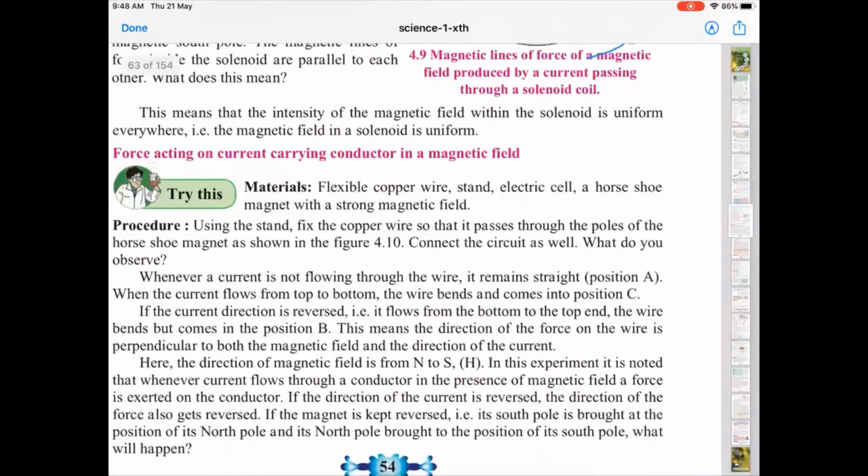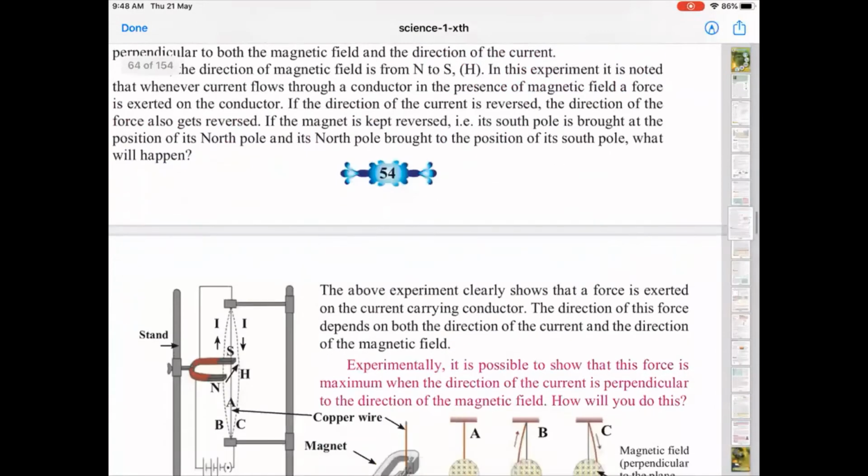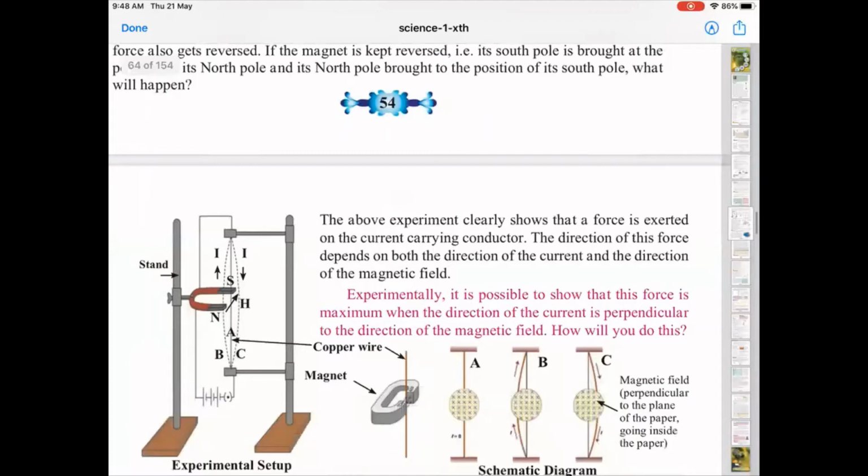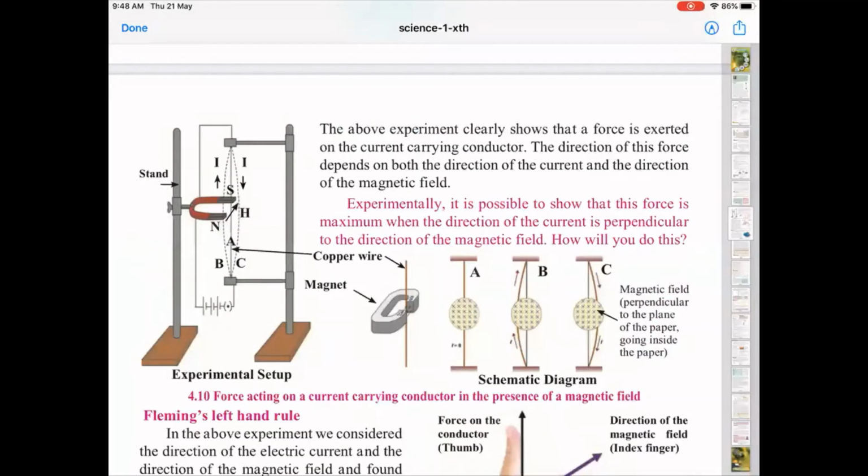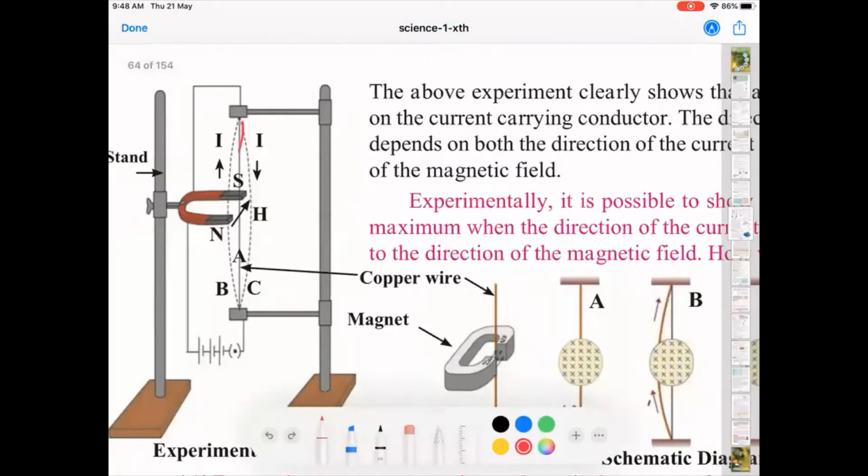Here we will try to see the experiment which is shown. We have one wire, as you can see carefully. Wait, I'll just color it up. You can see this red line I have drawn. That red line is something I have tried to draw over the wire. Let me try to redraw that red line.